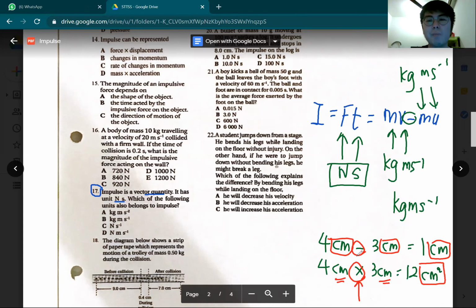Okay, so remember that plus and minus, they don't change the unit. For addition and subtraction, they don't change the unit. So this is very important when you want to derive the unit. Okay, of course, this question